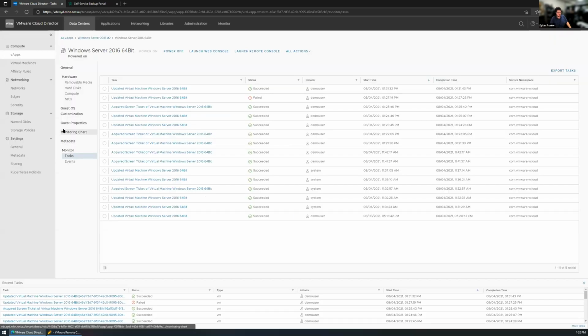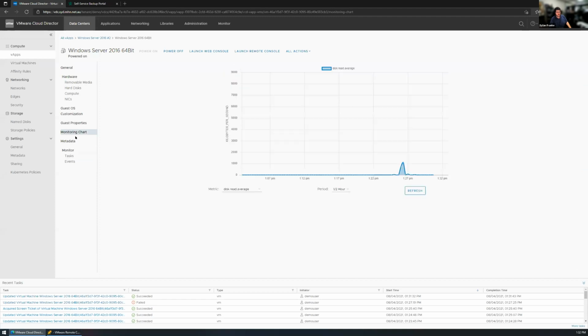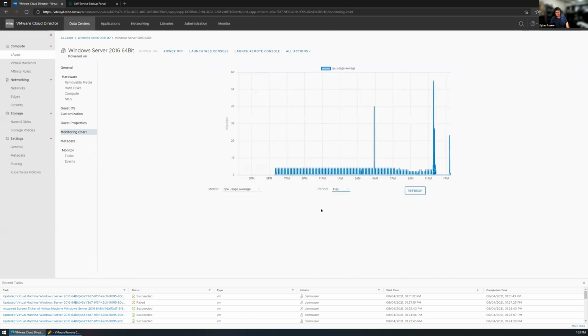As well as the other thing that's really handy is the monitoring chart. These graphs are exactly the same as if we were accessing them from the back end. So you can see the disk usage, the CPU usage, and things like that, from a half hour all the way up to a week point of view. This VM hasn't existed for a week, but say the customer complained that at 11:43, the server started performing really poorly.